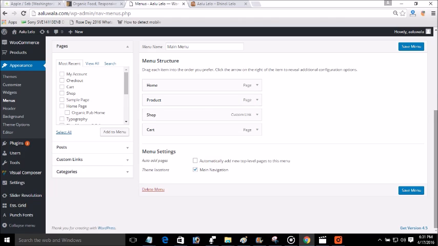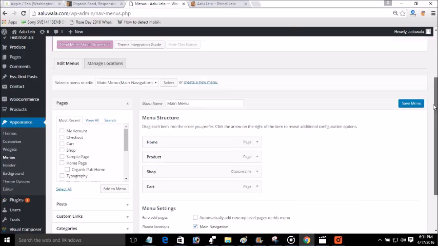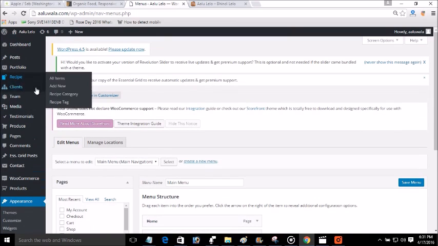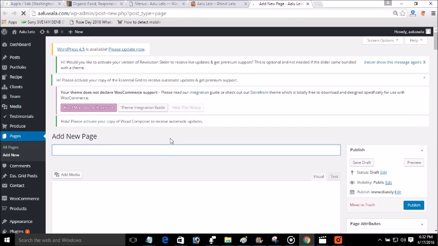How will you do this? Suppose you want to add something here, so you have to create one page. Add a new page, and let's give this the name Example.